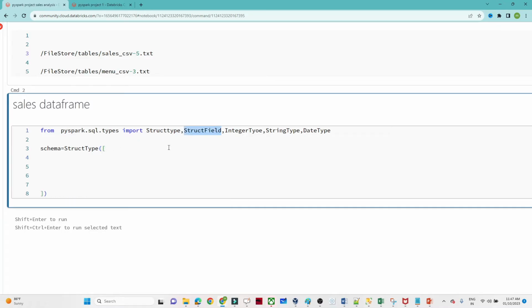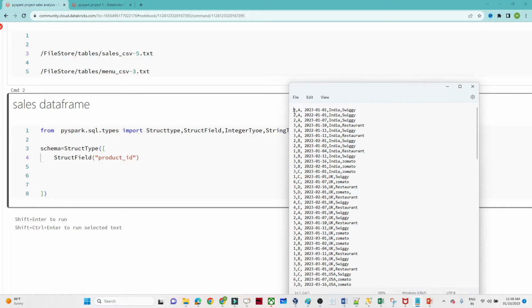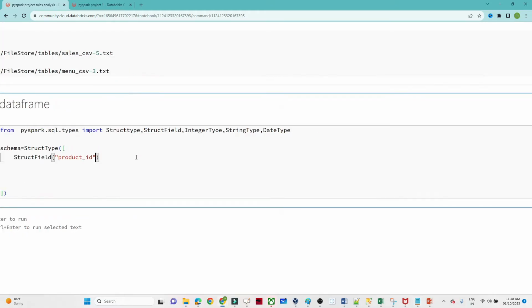Struct field. So use that struct field, and after that we will define the schema. So what is our first column? First column is the product ID. Okay, means in our data, first column is nothing but all the product IDs. So we are defining the product ID, and this is nothing but an integer